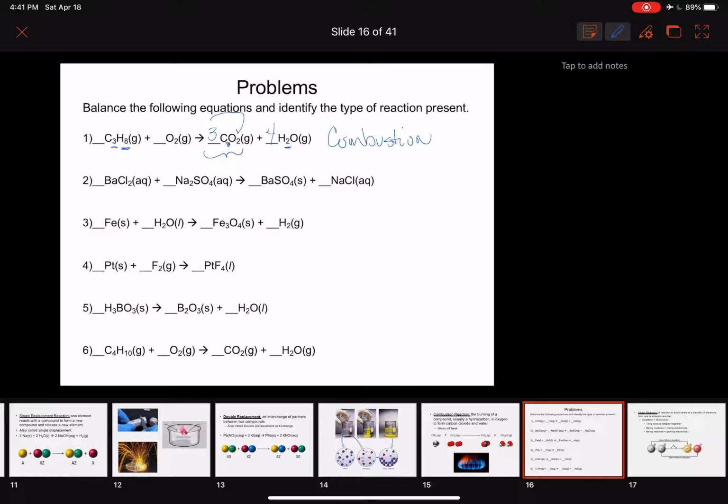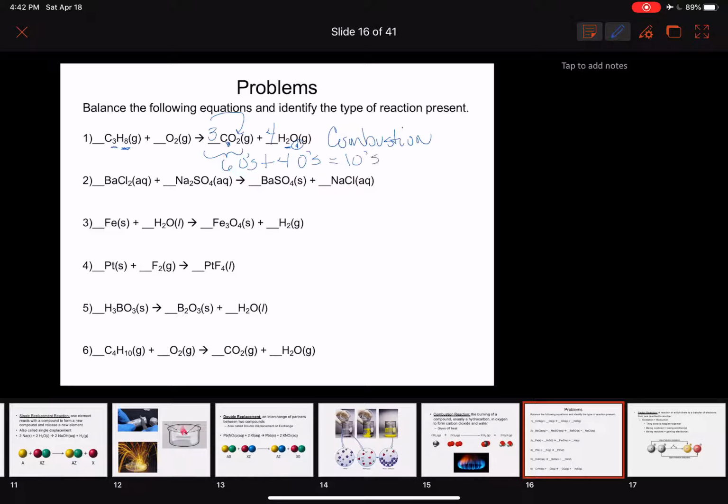We have 3 times 2 because every carbon dioxide has 2 oxygens. That's 6 oxygens. And we've got 4 waters, and each water brings along with it 1 oxygen. So 4 times 1, that's 4 oxygens. So we have a total of 10 oxygens